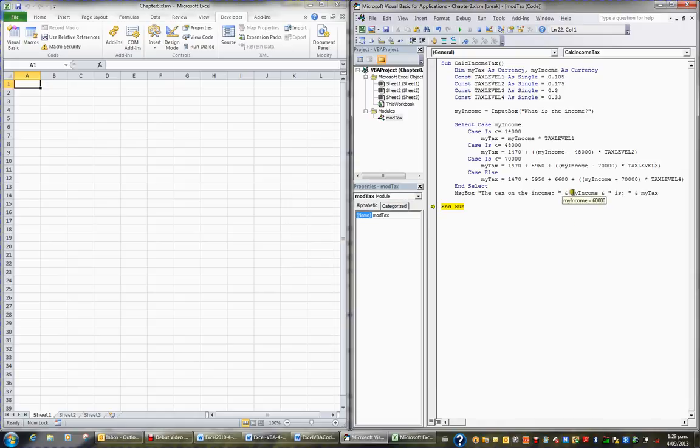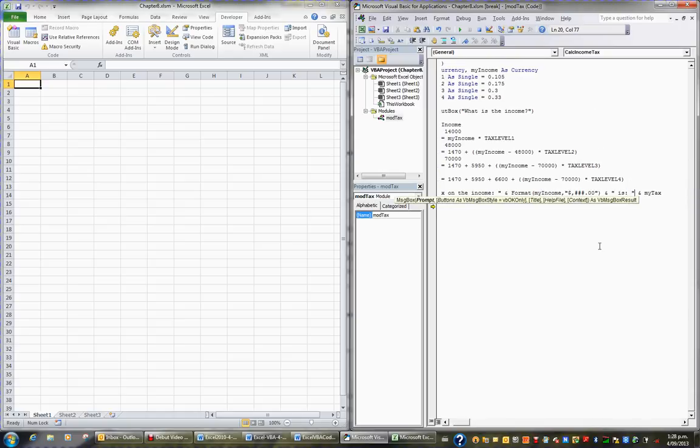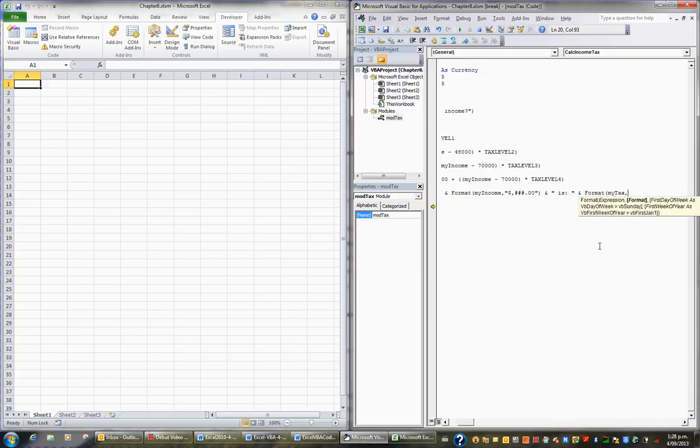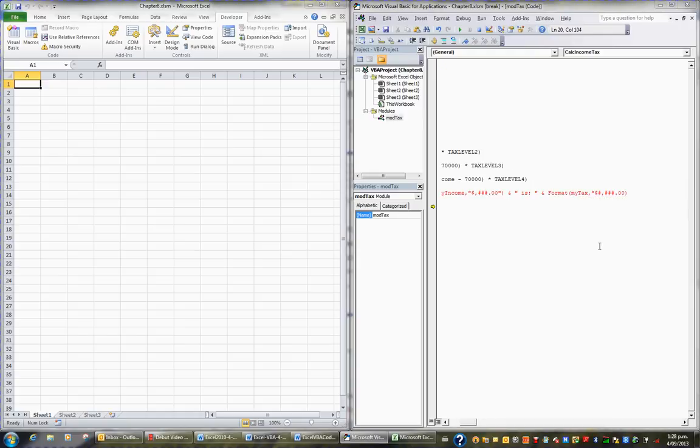So I might just go into here and just say Format myIncome to be double quote dollar, comma, hash, 0.00, and I think I can do the same just to here. Format myTax as double quote dollar, hash, comma, hash 0.00, just to round it up a bit. Oops, and I need a double quote on the end there